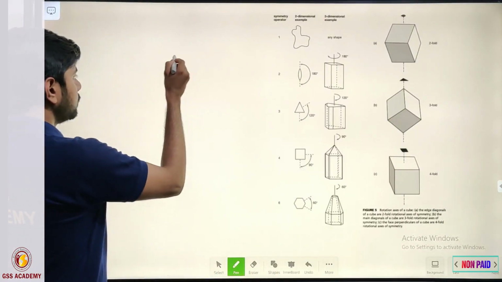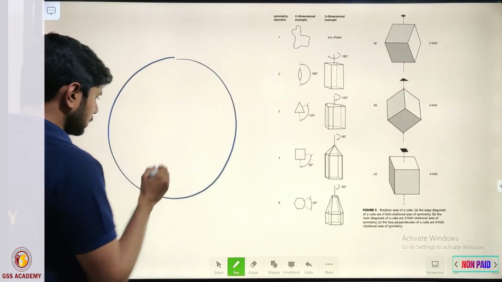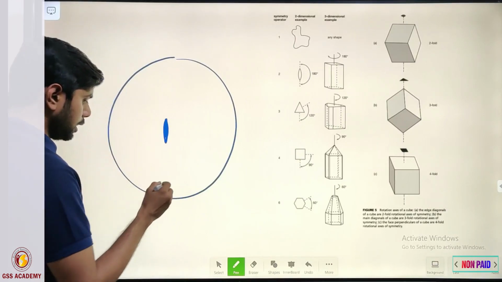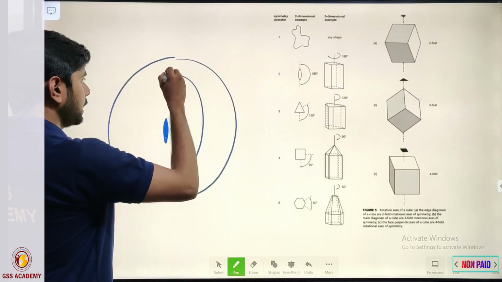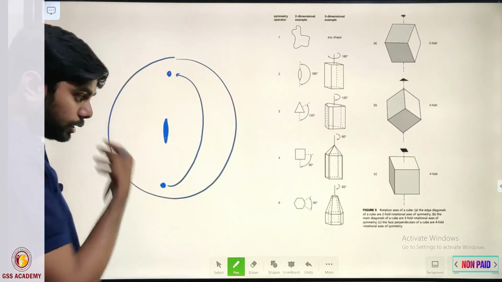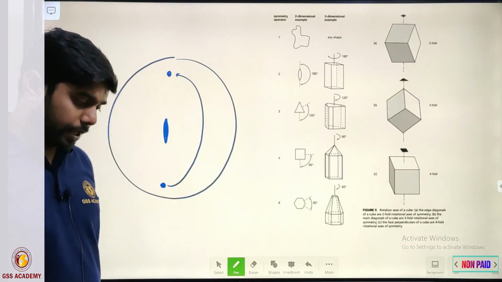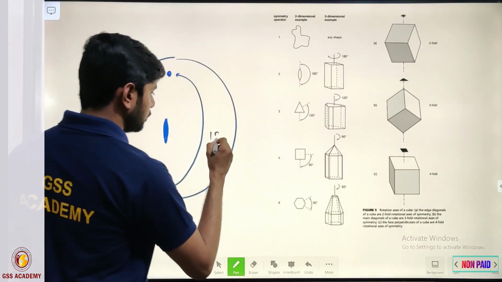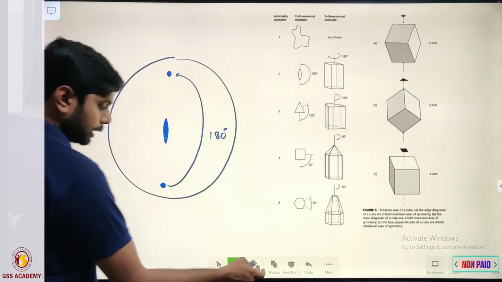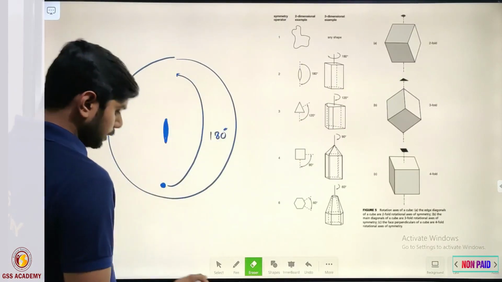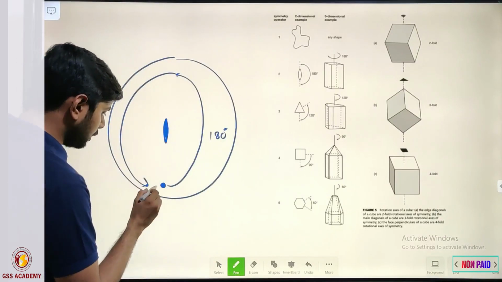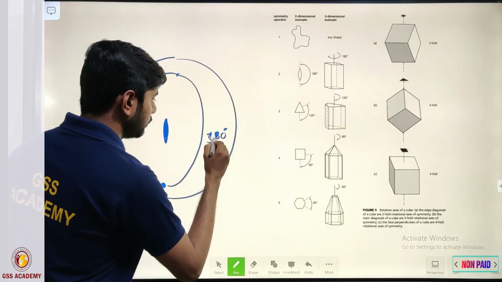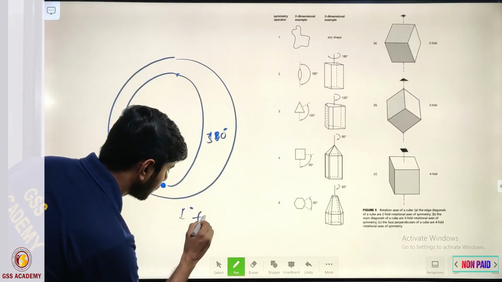Okay, if this is the crystal, and this is the symmetry, this is one fold. I am rotating the crystal to 180 degree and I am getting the same phase. The appearing of the same phase is very important to get the axis of symmetry. Okay, this is 180 degree. Or if I am rotating the crystal to 360 degree and I am getting the same phase only one time, or a single time, then it will be considered as one fold symmetry.